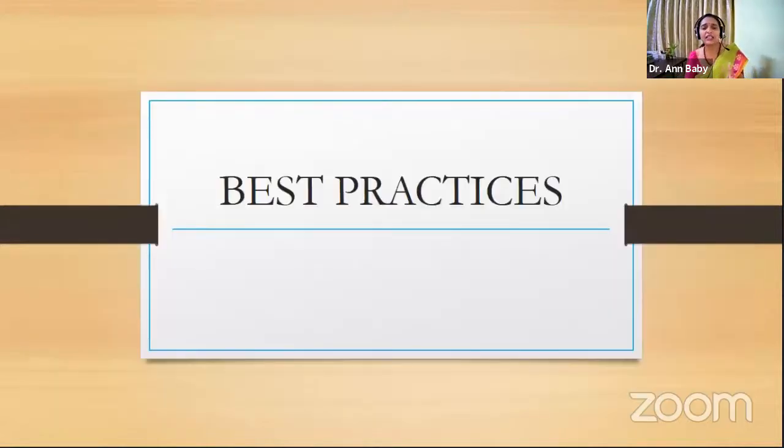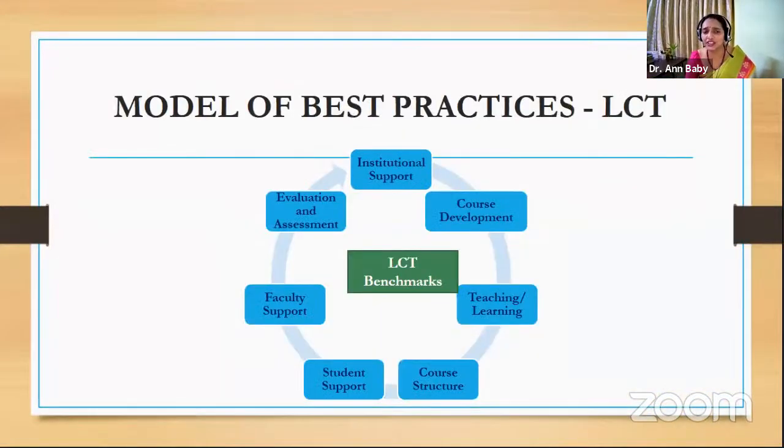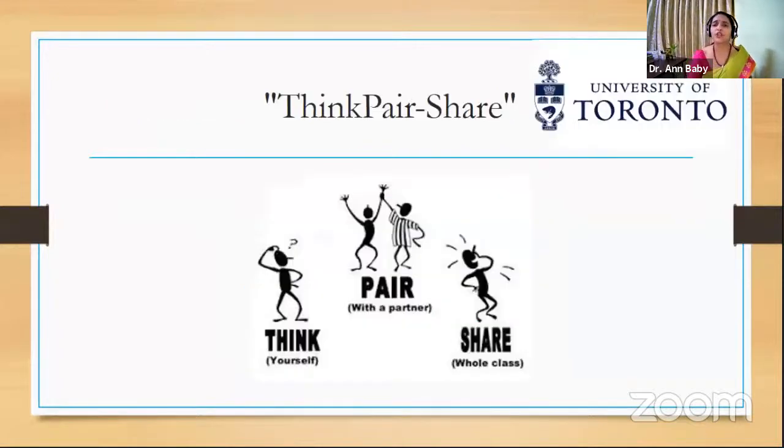Okay, I'll just detail a few best practices which happen across the world in several universities. The University of Toronto, all these universities which I'm talking about, have mastered learner-centered education, and they have found it to be a success. They did have initial glitches, as I was telling you, the student resistance, the colleague resistance, from the management. But at the end of the day, after a period of time, it is a success.